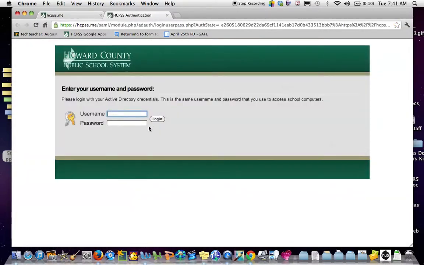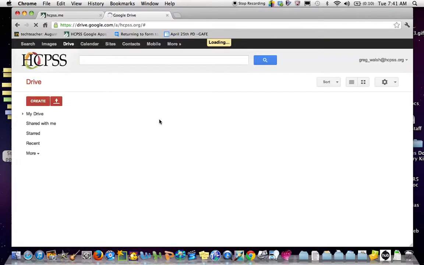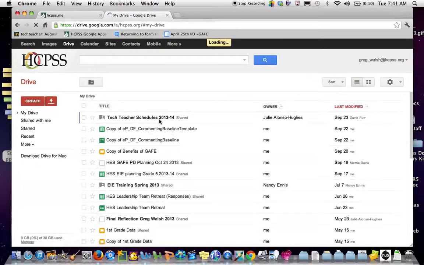It brings you up to a username and password. This is the same username that you use to get on Exchange. It's the same username and password you use to sign on to the computer. So sign on to that. That'll bring you to your Google Drive, which has everything that you've created so far, if you've created anything. Other things that you might have copied from other teachers and put in here, and things that have been shared